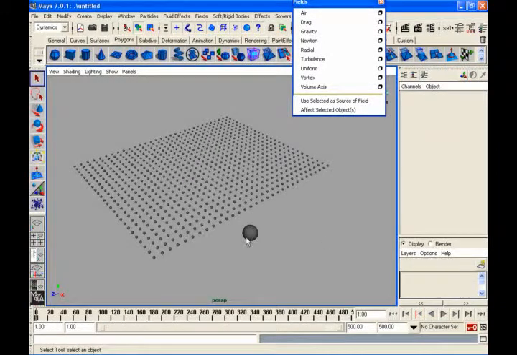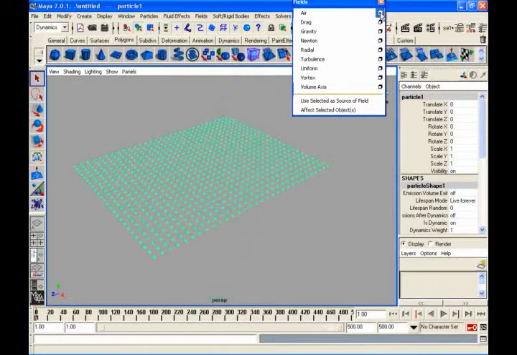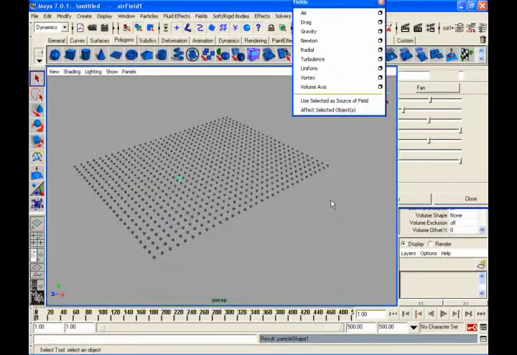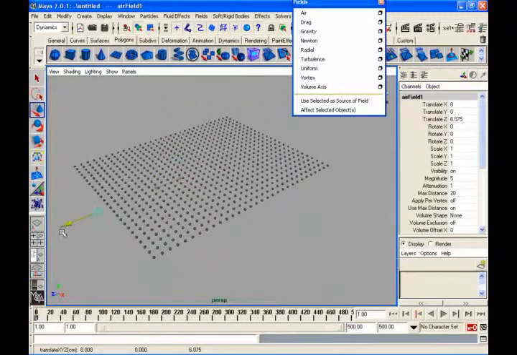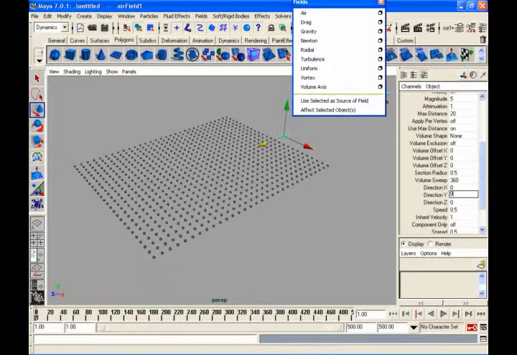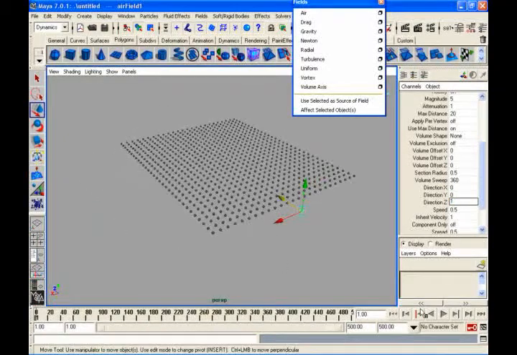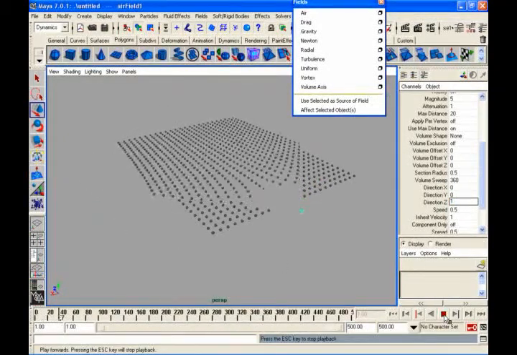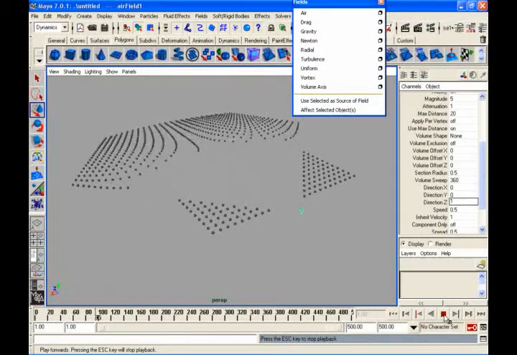Then last and least is your fan. You say fan and create. Fan and create, what it will do, just go to your direction once again. So I will push that side so that it will be in the negative direction. It will take a 45 degree angle like a fan and push only the particles within that 45 degree angle. It has a limitation of 45 degrees.